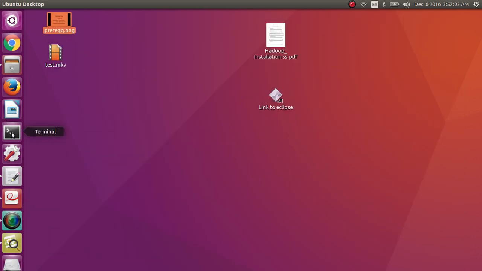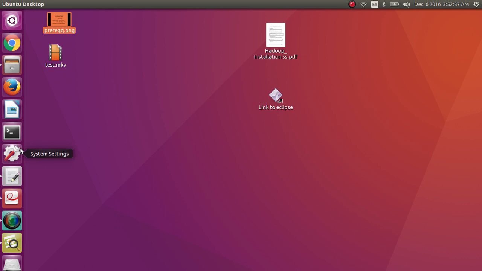Now I am starting Hadoop installation steps one by one. When you boot the Ubuntu OS 16.04, you will get this desktop. So in this desktop, you will have a number of icons or shortcut keys. In this left side menu bar, you will see the different icons. So this is search your computer, this is Google Chrome, this is the Firefox web browser, and this is the terminal, and this is the shortcut key for system settings.